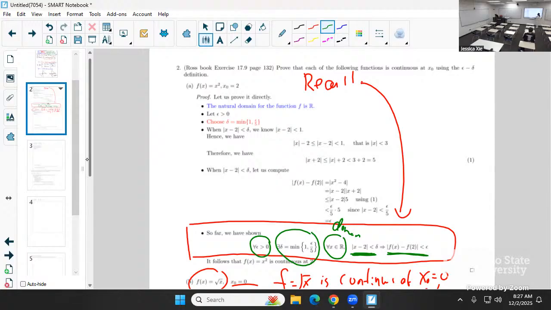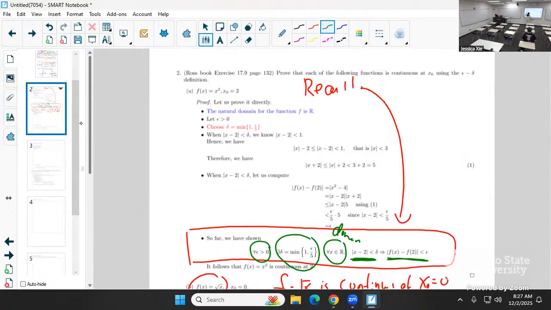Okay, all right. So here to show this, the key point is you have to select a delta. Remember, this structure is very similar to showing, by the definition, that the limit of a sequence equals a number. For any epsilon, you have to find a capital N such that something is true. Here, for any epsilon, you have to find the delta such that for all x in the domain something is true. Very similar structure, a little bit more complicated, but very similar.